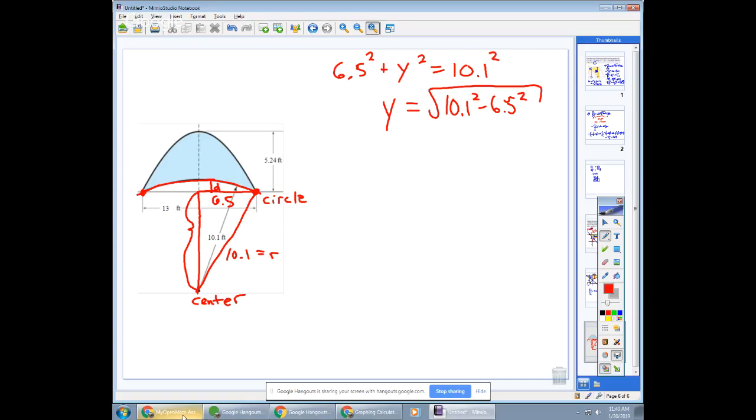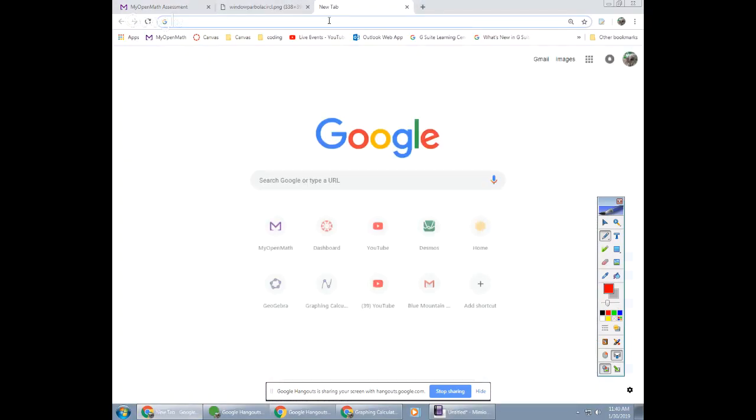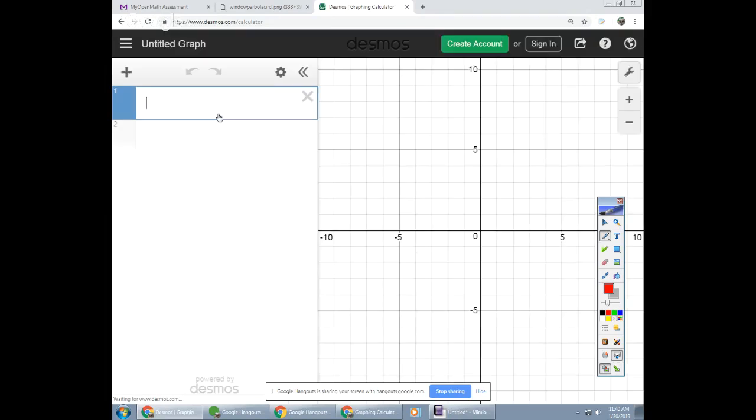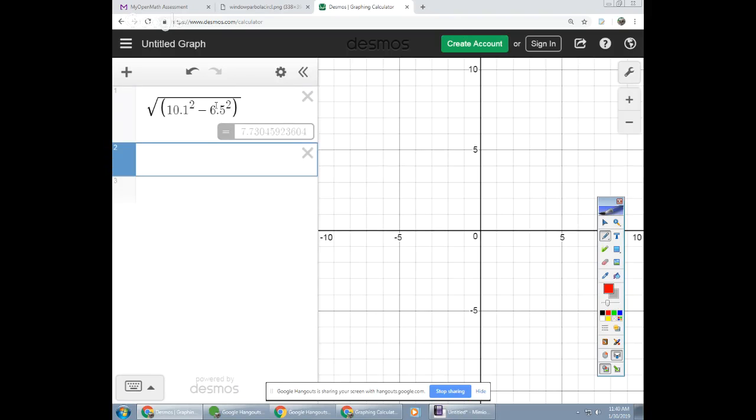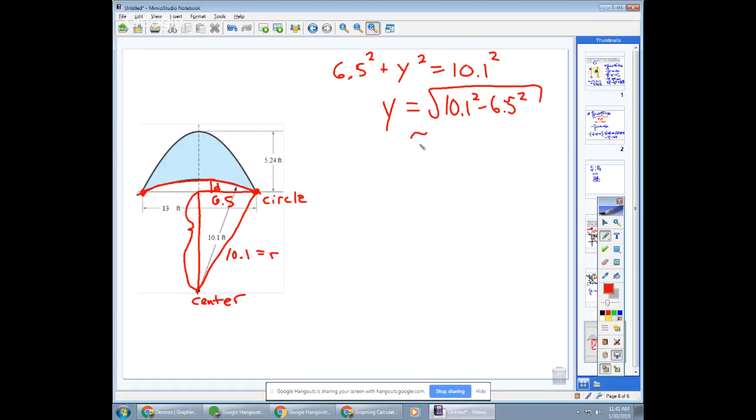Let's get the calculator out. So square root of 10.1 squared minus 6.5 squared. And Desmos is telling me it's about 7.73-ish. So this picture doesn't look very much to scale. So that's the distance right there, and the total distance is 10.1. So that remaining top distance right there is,